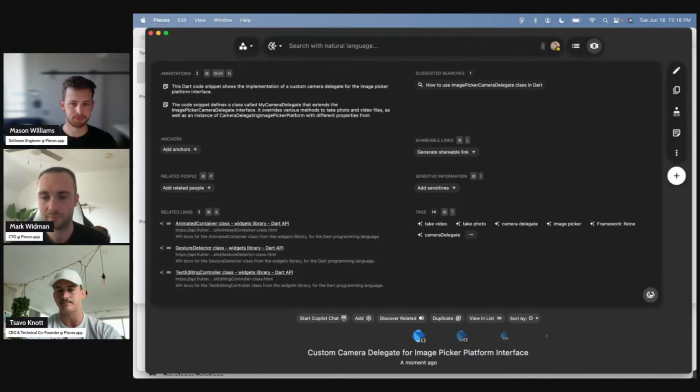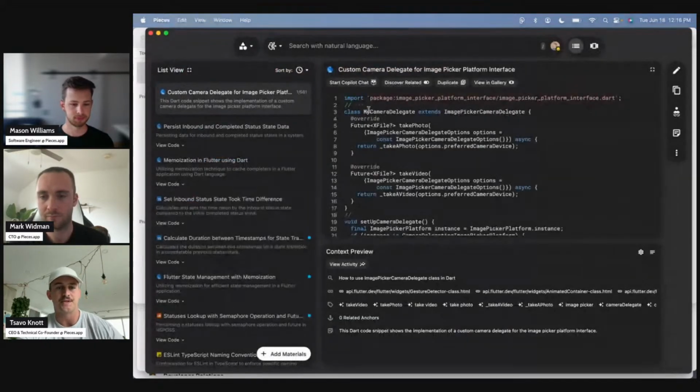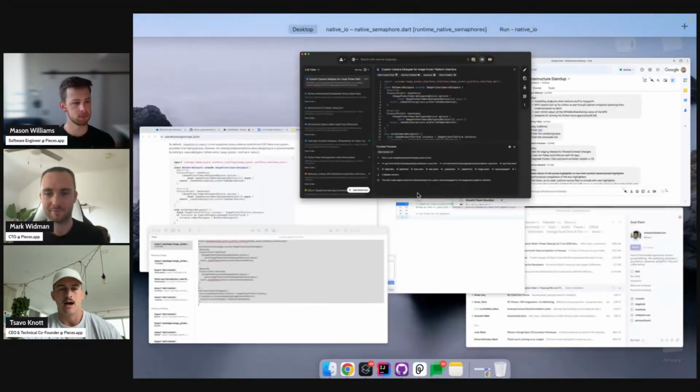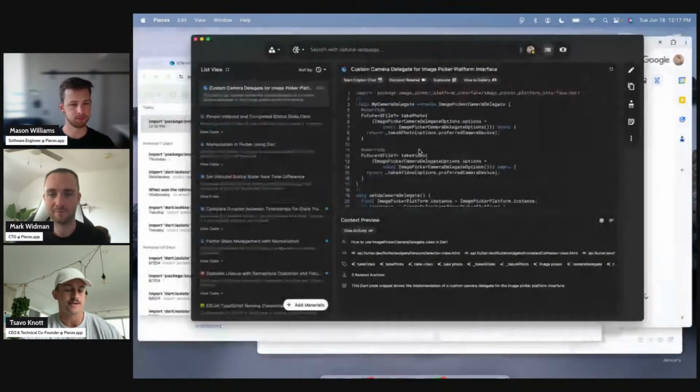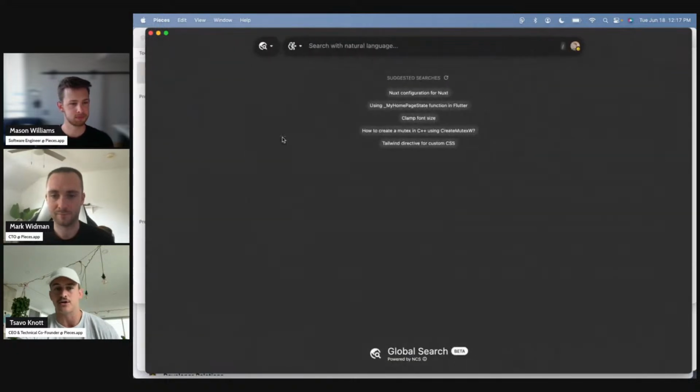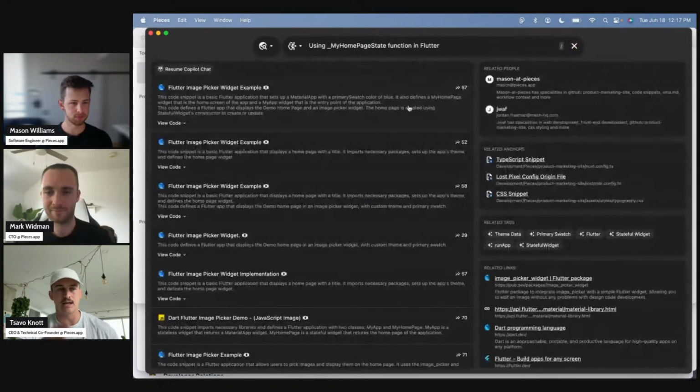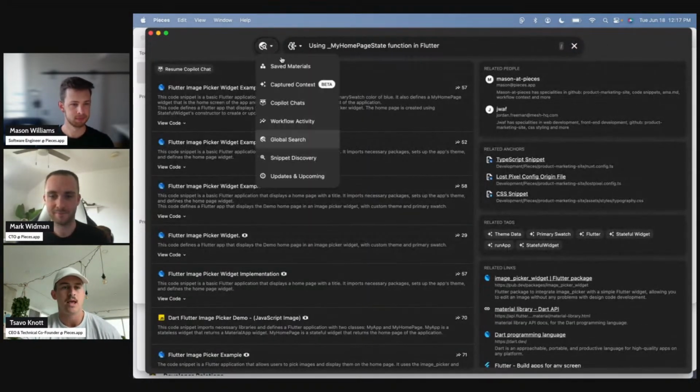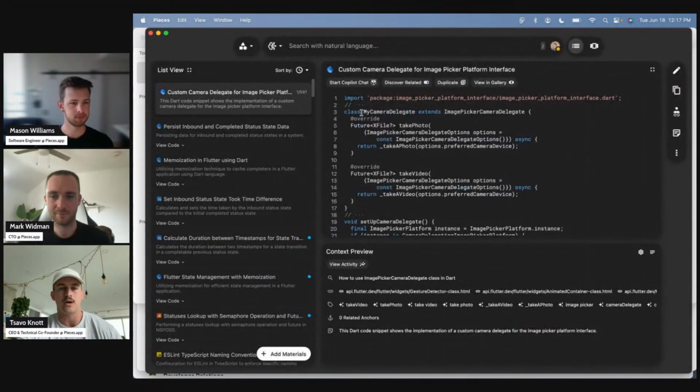so that it can be found later on. And over time, developers save all different types of stuff, right? And the reason that this is important is the more you save, the more specific your Copilot gets, right? And so getting into phase 2 here, beyond saving all this stuff, and of course you have some nice search facilities as well. So you can see here's my other snippets and so on. We wanted to make sure that you could have Copilot chats to expand and ask questions about everything that code snippet is related to.